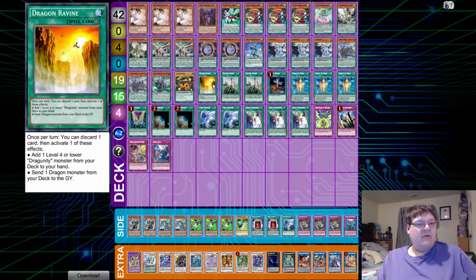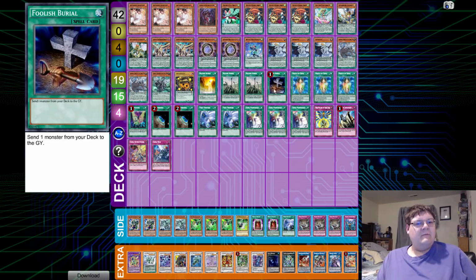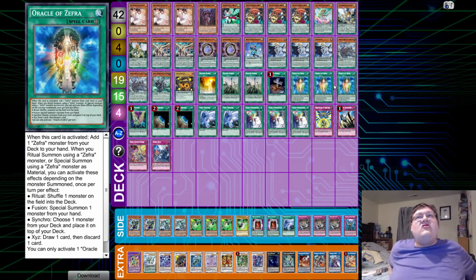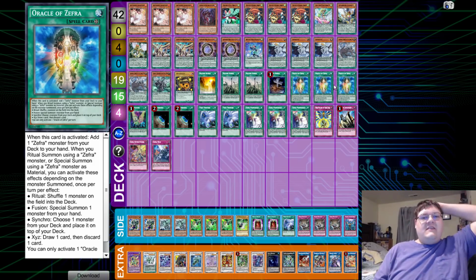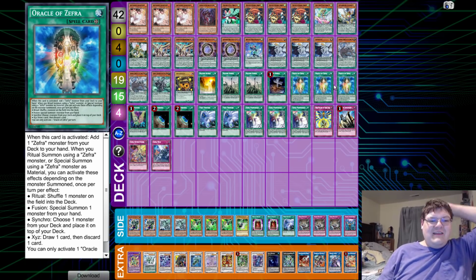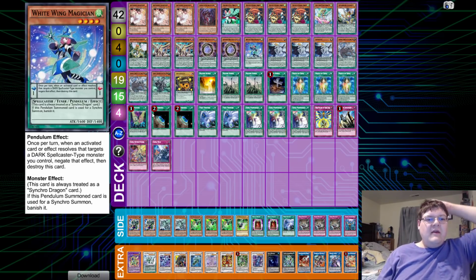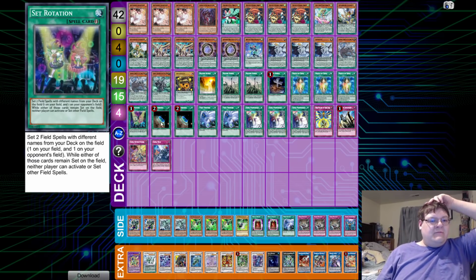And then we have 1 Dragon Ravine, 2 copies of Dragon Shrine, 1 copy of Foolish Burial, triple copies of Oracle of Zefra. Honestly, the fact that this card just does so much for this deck, it's kind of crazy. Memes today. But yeah, Synchro Summoning, choosing a monster, hand trap, anything that you need, stacking on the top of your deck, broken. Now we have 1 copy Set Rotation,